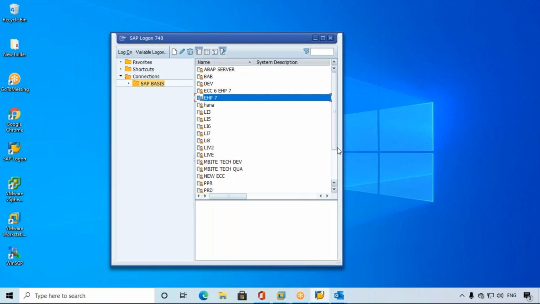So for example, we raise the request at 9:05 a.m. We know the basis user ID and password in the 800 client. So what we think is okay, we send the mail, and we know the user ID and password.